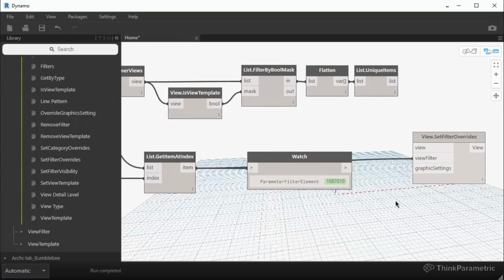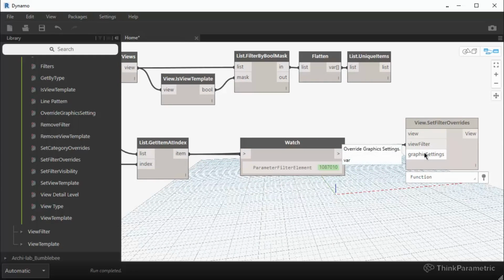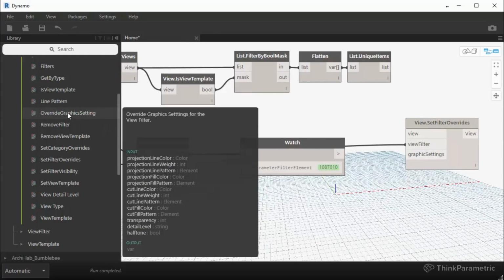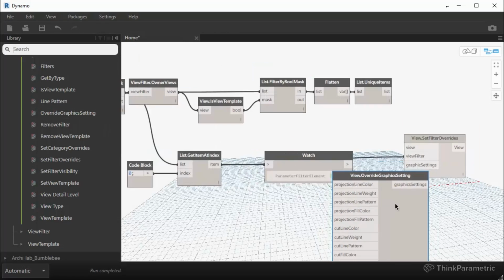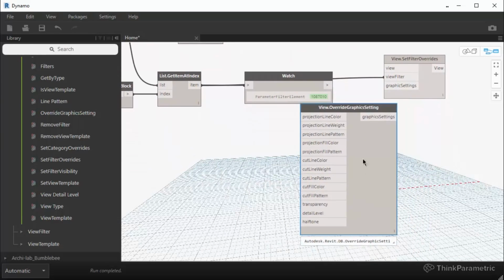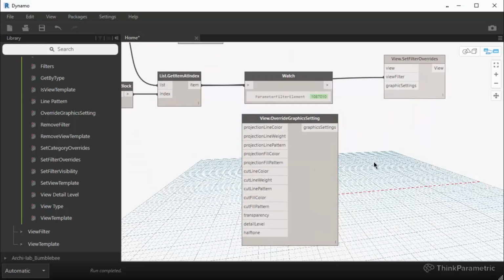And now I need graphics settings. So if you go over here, override graphics settings, it's again one of those big nodes. It has all these multiple settings. So over here, I can come